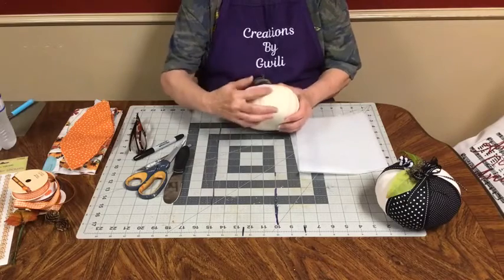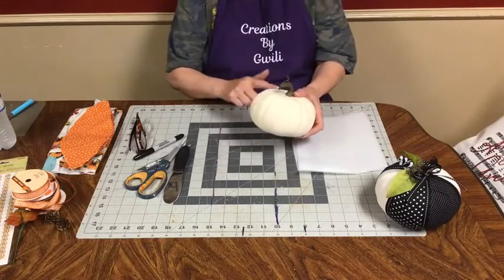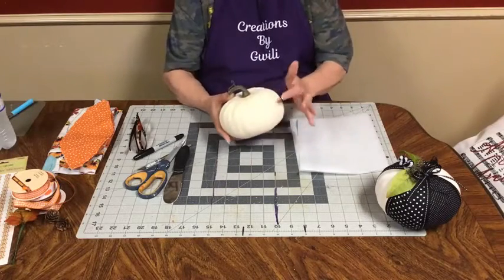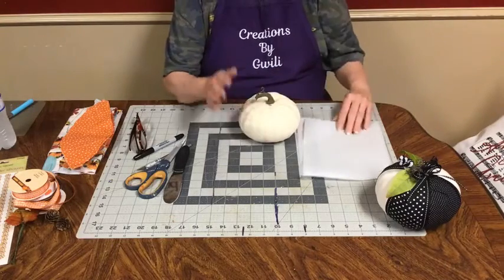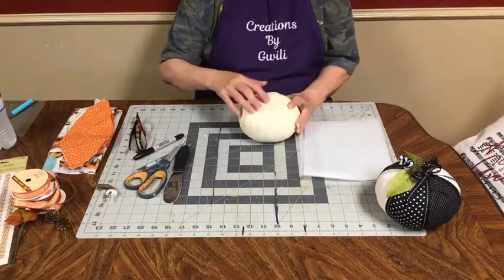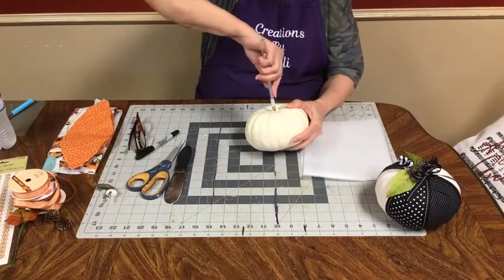So I just started and drew a line down one side, then went straight across and drew a darker line. Then I split them up, like here and here, so you've got 3 on each side. The reason I did those lines is because you're going to make a template so you know the size of material to cut. Just pull out your stem, and you can see it's not hollow. You're going to take your X-Acto knife, and you want just a little bit bigger hole than what